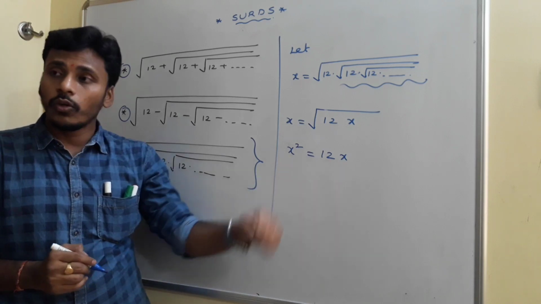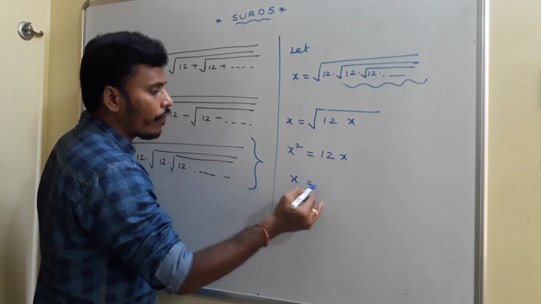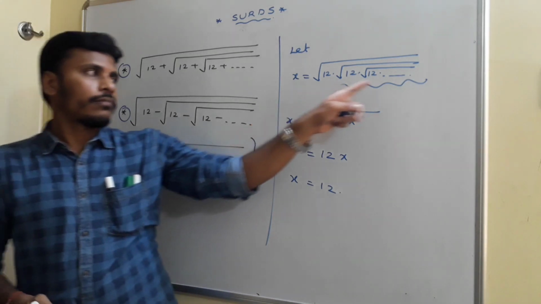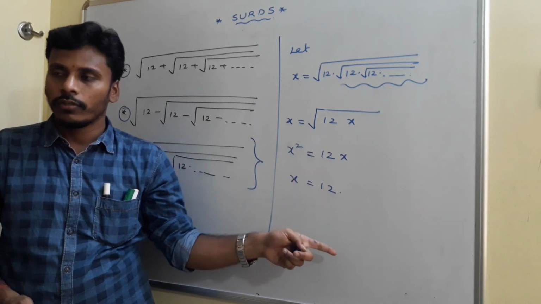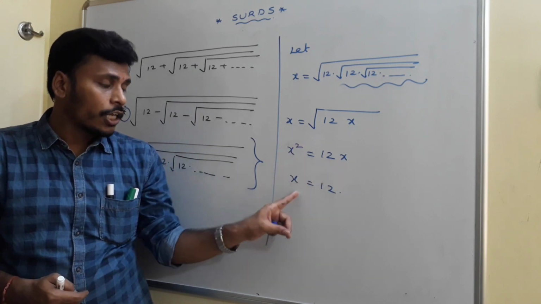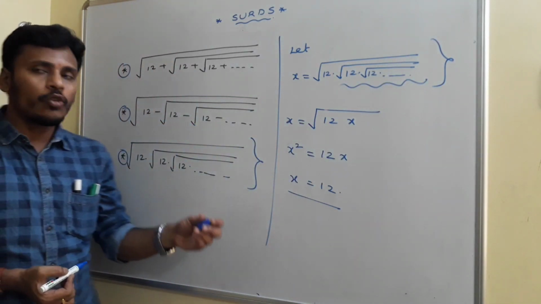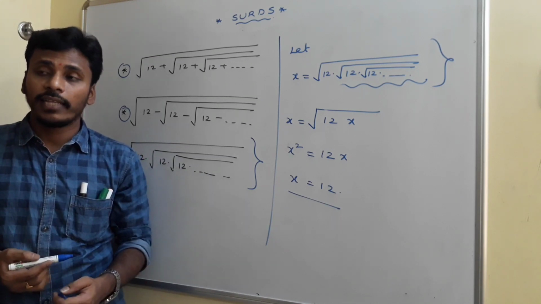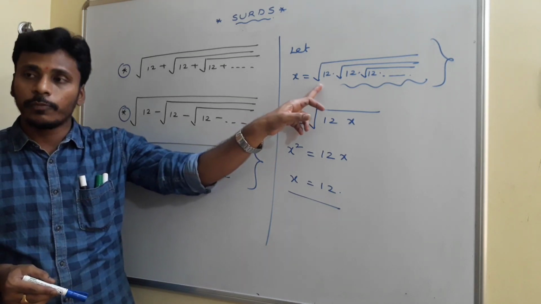Since x square is equal to 12x, you have two possibilities. Just cancel out the x, then the value of x is equal to 12. You have a chance to cancel out because x is clearly not 0. Since x is a non-zero value, you can cancel it out. If you don't know whether it is 0 or not, then there is no chance to cancel out. If you cancel out that x, the value of x is 12. Since there are infinite number of 12s here, there is no exact value; you are only finding the approximate value. Always you can announce the approximate value, and that approximate value for this problem is 12.